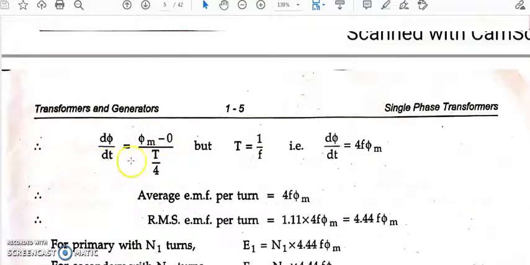And how much time is taken to reach from 0 to phi m? It is T by 4. So it can be written as the net flux, phi m minus 0, divided by T by 4. But we know that T is equal to 1 by f, because frequency and time are inversely related. So I can substitute T equal to 1 by f. What happens here? This 4 goes up, f goes up. So finally it will be 4f